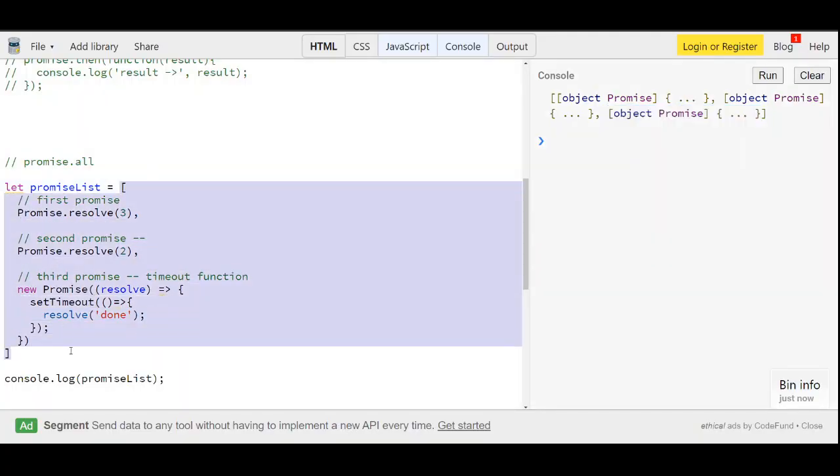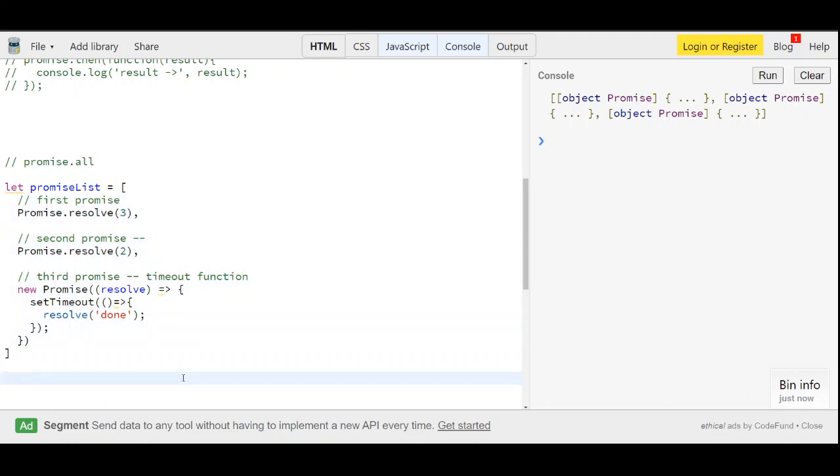I have created a promise list, and now I want to run all those promises at once. So Promise.all, then promise list, and the .then method is to invoke these promises and get the result.